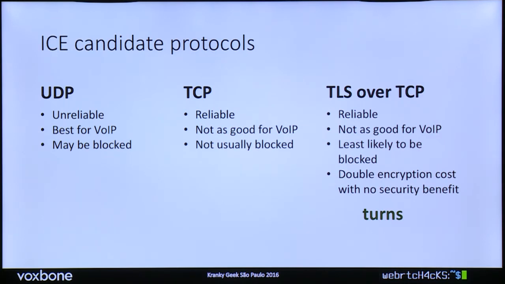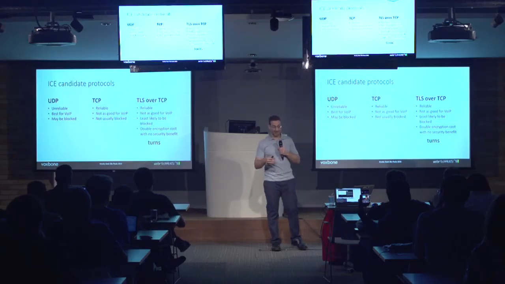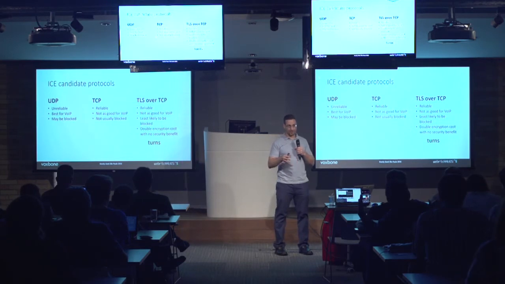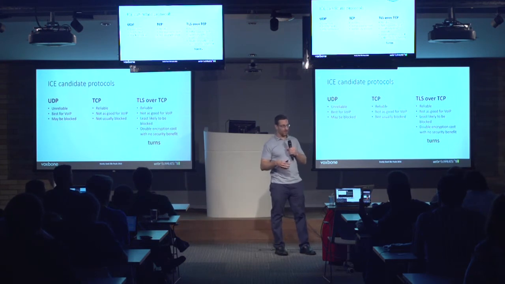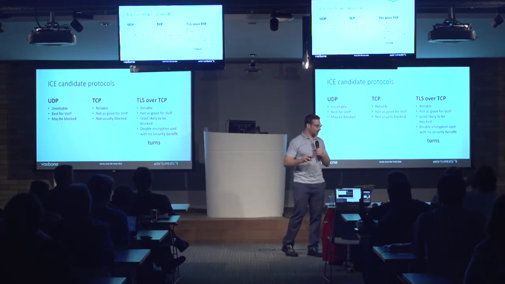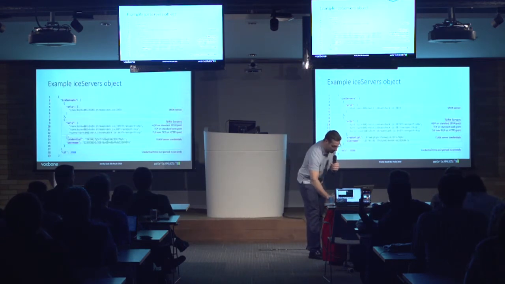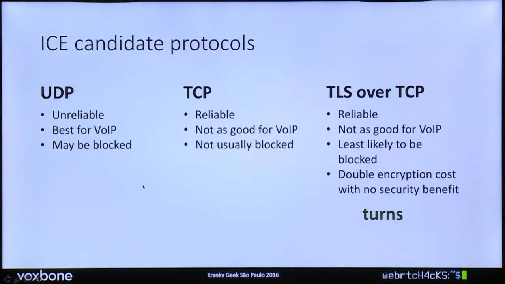Now, TLS over TCP in some ways is not great because you're actually encrypting the traffic twice. You know, WebRTC's traffic by default is encrypted, and you're encrypting it again. It's not really providing any security benefit on top of it. You're just doing this to hopefully allow the firewall to permit the traffic to go through, right? And you'll see turns candidates, right, for this. As you see in this example I have here, the last one is turns, right? That lets you know it's TLS over TCP,